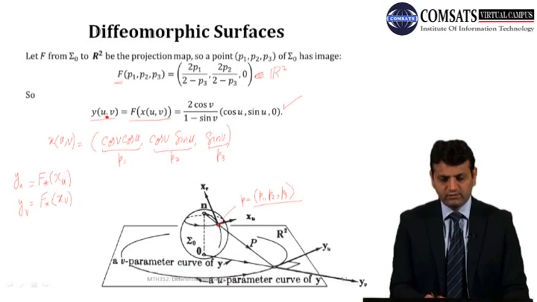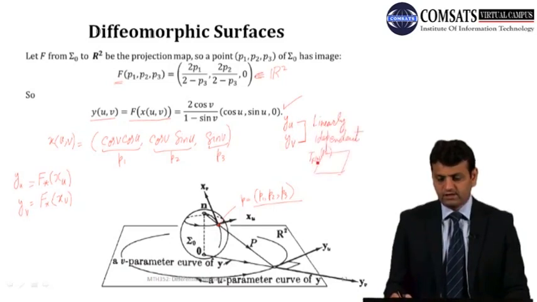So we can in fact calculate them by differentiating this y with respect to u and this y with respect to v. So from here we calculate yu and yv,